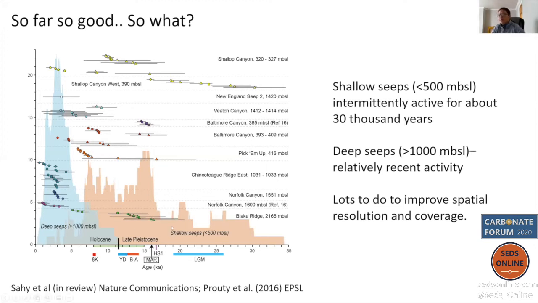So if we look at the shallow seeps, activity seems to really pick up post last glacial maximum, especially around 16,000 years ago. The only seeps that are older than that are our northernmost locality of the New England margin, which are plotted in yellow near the top. In that particular case, it's likely that glacial tectonics had something to do with seep activity. Further south,